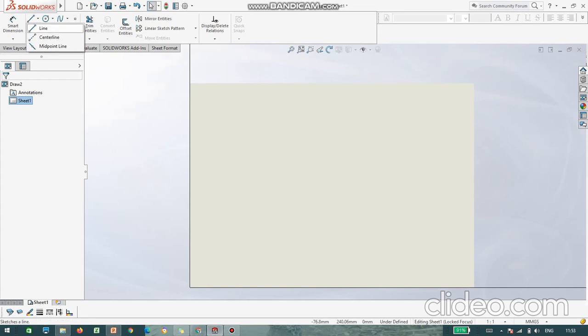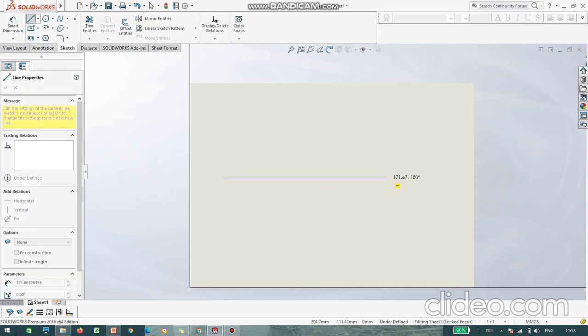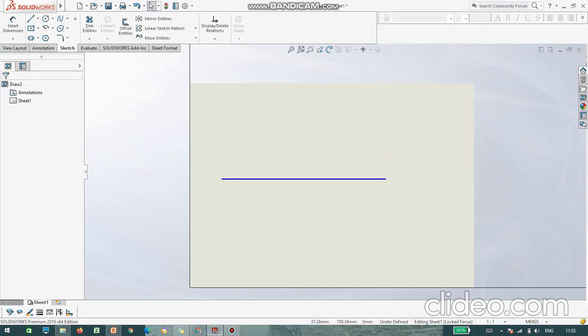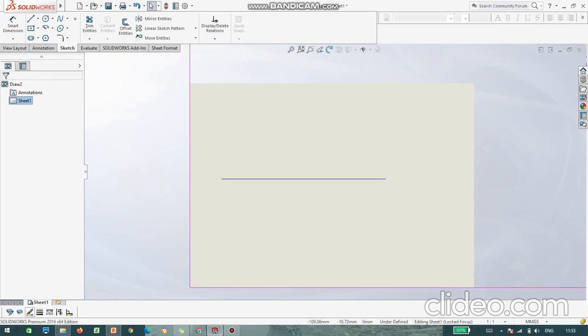The first one is line. I'm in the line command right now. In order to draw a line, we need a starting point and an end point. Now the default line thickness can be changed by using the layer option in the bottom side. When you open this, the line thickness right now is 0.5 mm. I don't want 0.5, I choose 0.18. That is the thickness of a line. I repeat, go to line format and take 0.18.